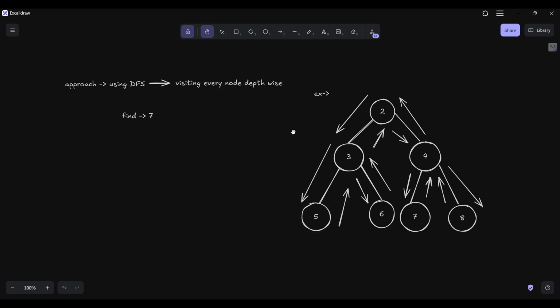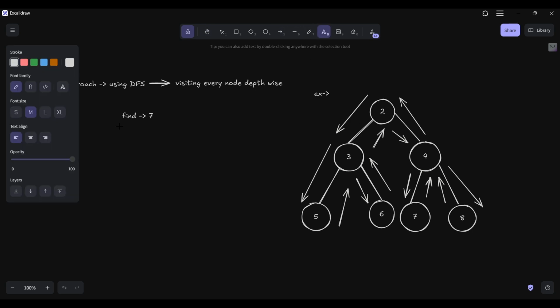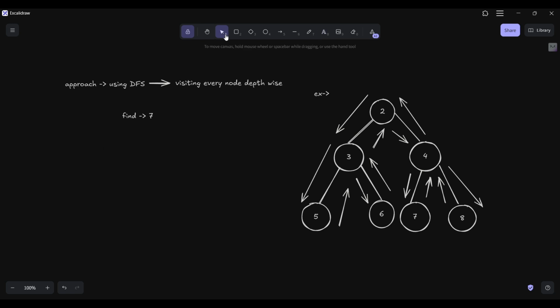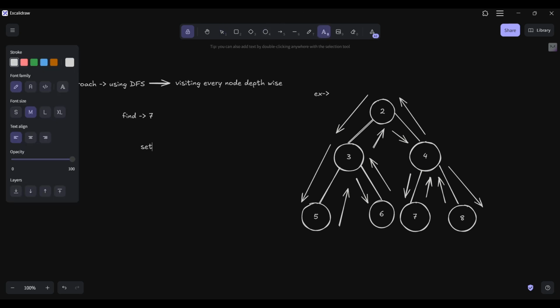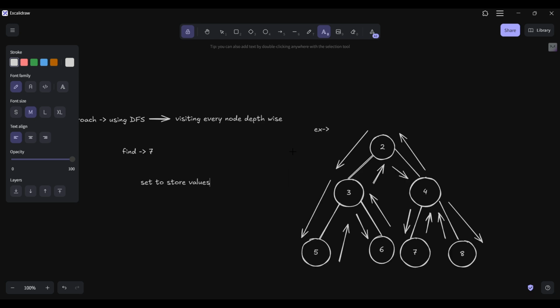So basically, we will use DFS to search or traverse through the binary search tree to find the value. Let's see what we will do. To store the values, we will use a set. We will implement a function, that is DFS,